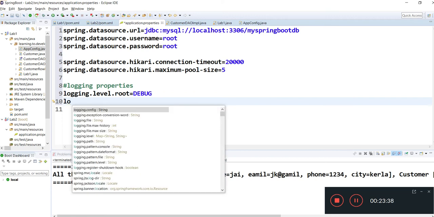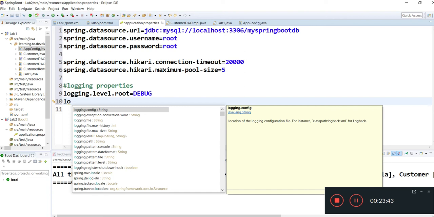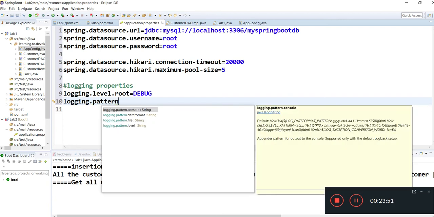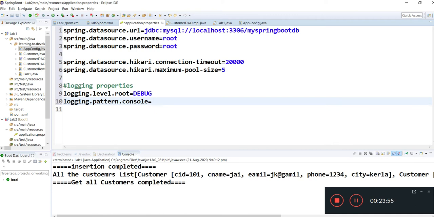Second is logging.pattern.console equal to %-5level %logger{36} - %msg%n. So I hope you are aware of these logging properties.